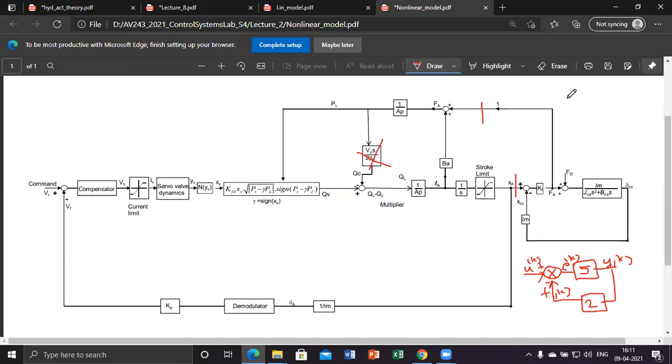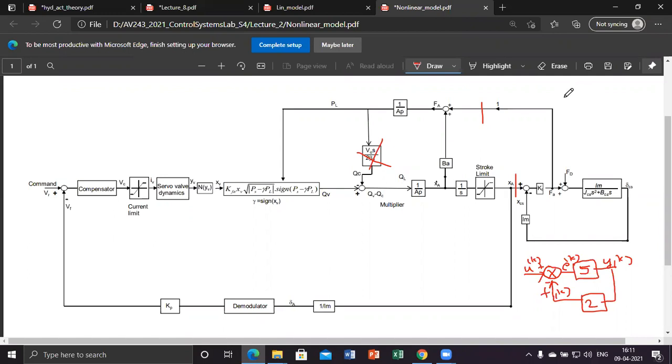You could say give an initial condition, but there is nothing called an initial condition here. It's a totally static loop. Only when there is dynamics will you say a state is there, and the state has an initial condition. If you just write it in MATLAB, you will see that you cannot simulate it.